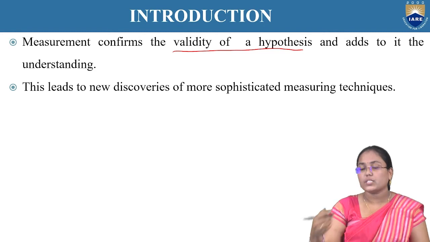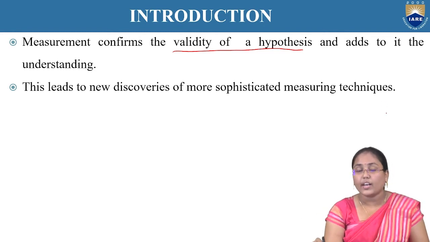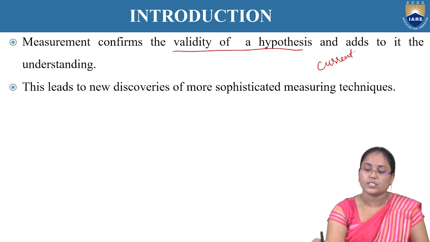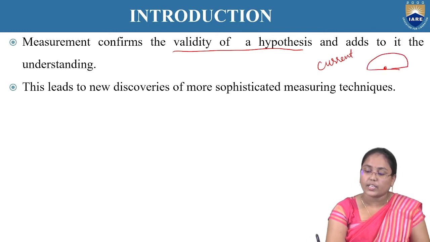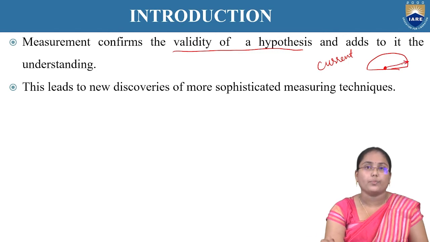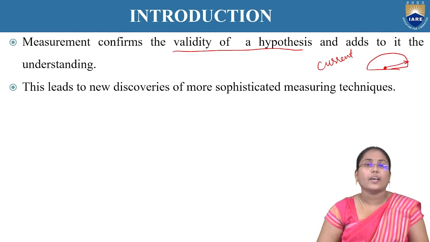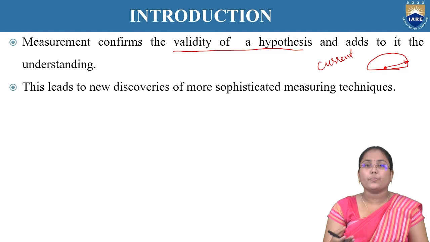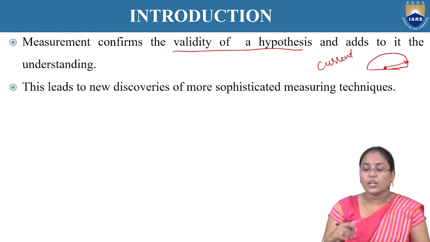So here, previously we had only analog instruments, like analog meters. Previously, while measuring the current in laboratories, for example, we have a meter like this one, and there is a pointer which points to a particular point. It can be in microamperes or milliamperes, depending upon the output of the circuit over there.